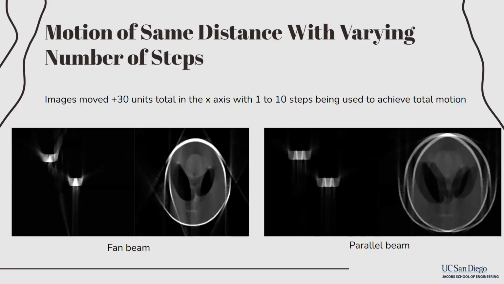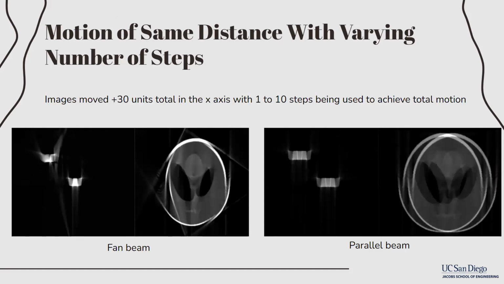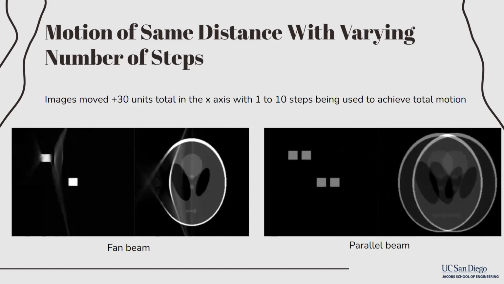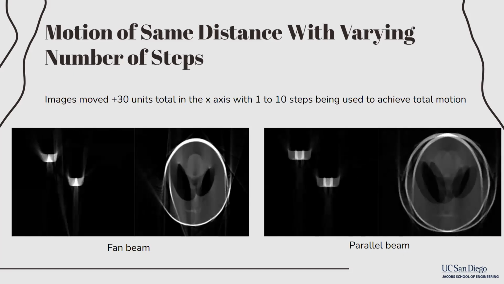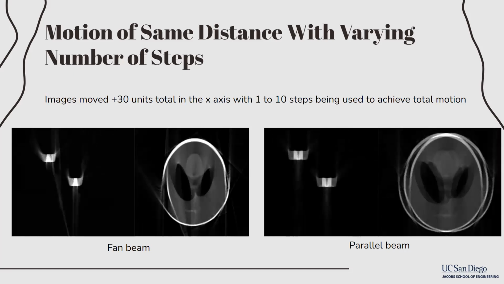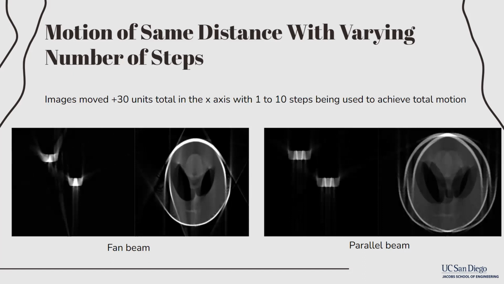Here's a little simulation we ran, moving these 2 different Phantoms a total of 30 units across a number of different steps. So this is how the image varies in terms of the theoretical magnitude of each step in the motion, sort of simulating a gradual motion. This is an elementary way to look at it. However, we thought it would be an interesting thing to look at using our MATLAB code. So it's moving a total of 30 units in the X direction over 1 to 10 total steps, evenly across